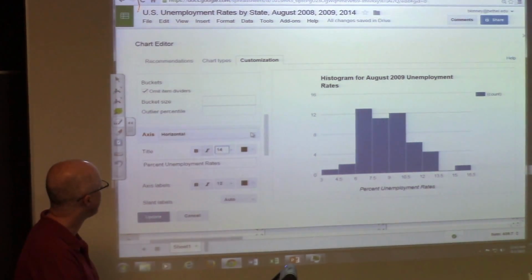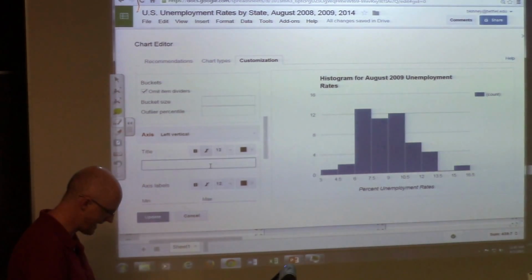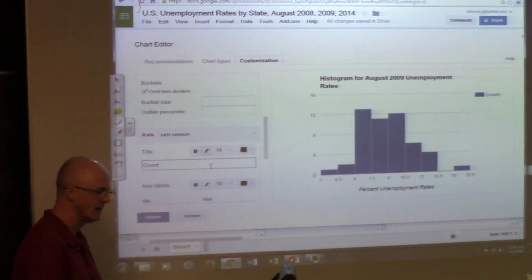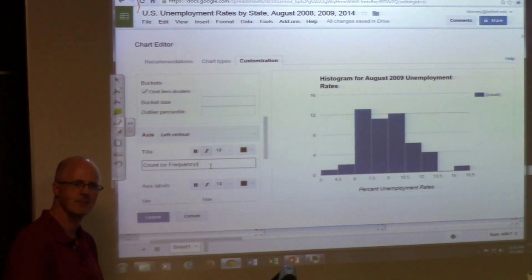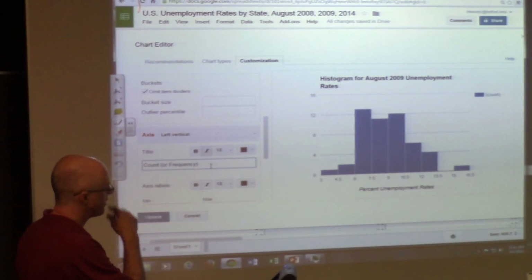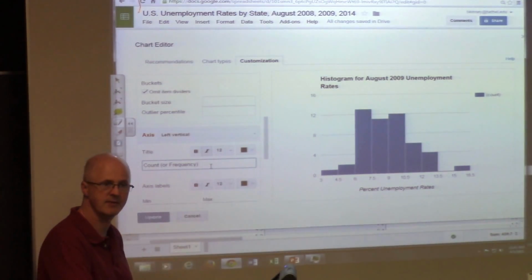You can label the vertical axis. Click on this, left vertical. How should you label that? The word count is fine. How many states in each bin? Frequency is okay as well. Sometimes, though, you make relative frequencies, percentages. You take these numbers and divide by 50 in this case. 1 divided by 50, for example, is 2%.